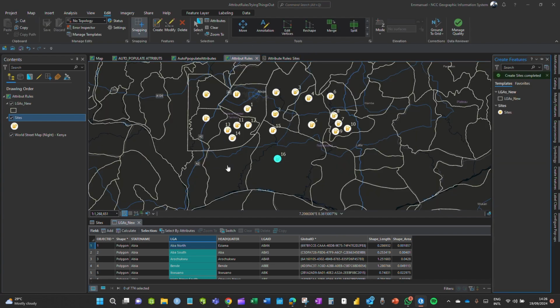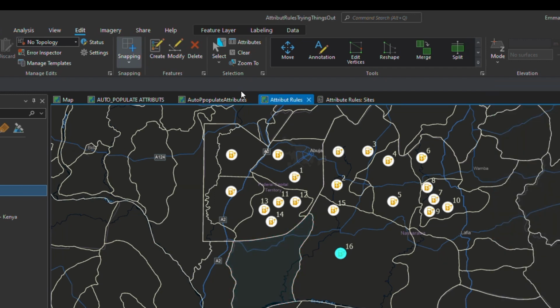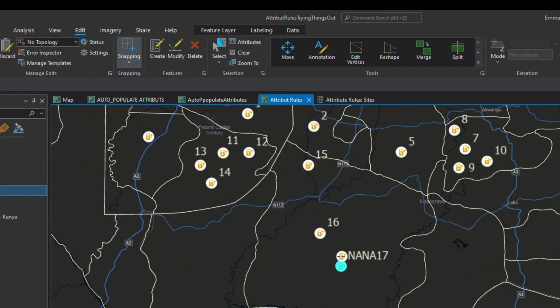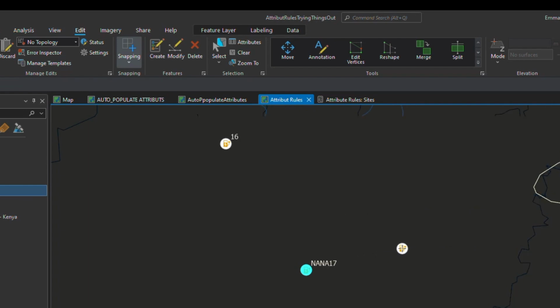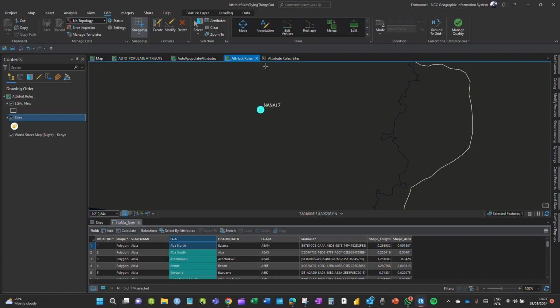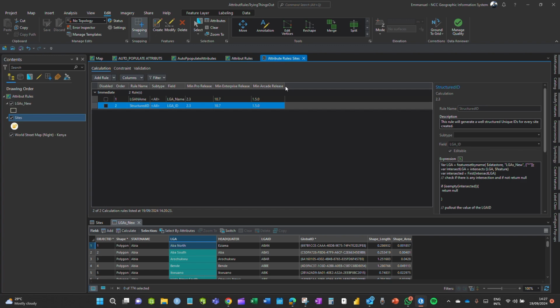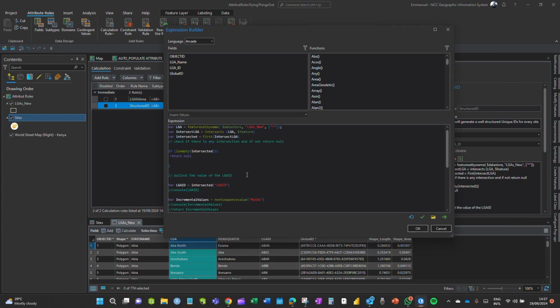So let's try this. Create a new feature. Yeah, so you can see NAN. So this is the local government ID in combination with 17. However, if you get to the hundreds value, you will see that we have varying number of digits, and we don't want that. So let's even polish it further by going to the attribute rule again, edit it, and then